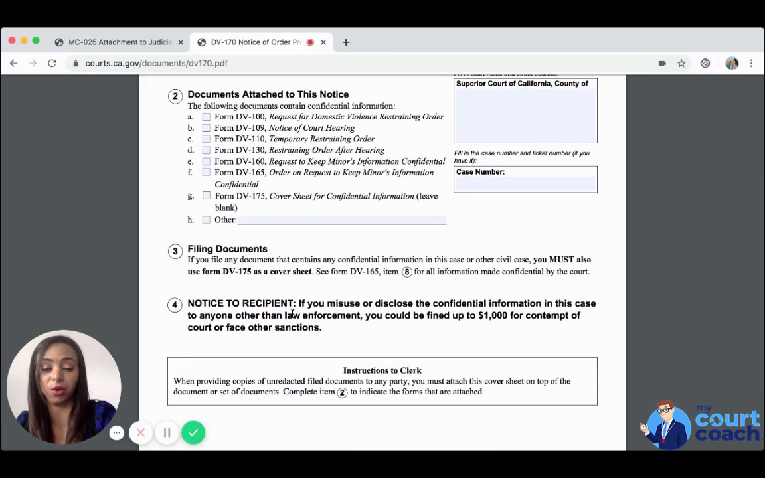Now, what situation would you ever be in where the clerk is providing unredacted information? Let's say you're transferring this case from the family law courthouse to the juvenile courthouse and they need a copy of this information, then that would be a scenario where they can in fact release unredacted information, and whoever is transporting the documents from one courthouse to the next or one department to the next is also on notice that they are subject to $1,000 for contempt or any other